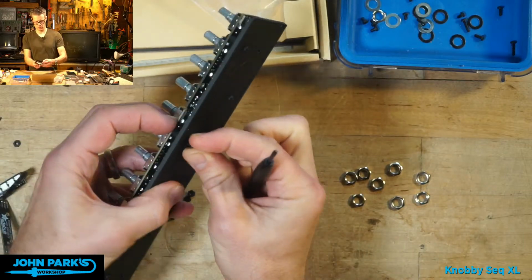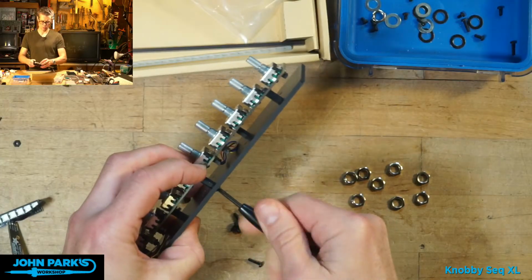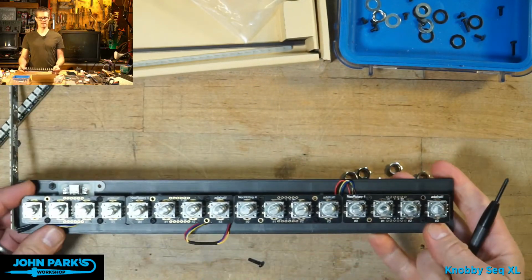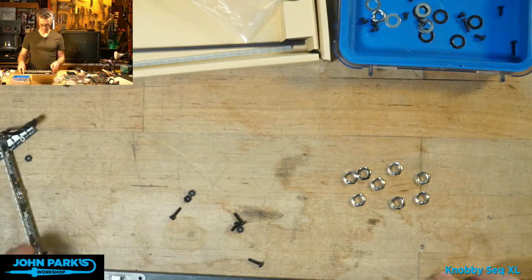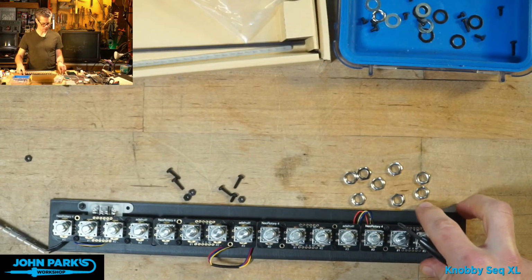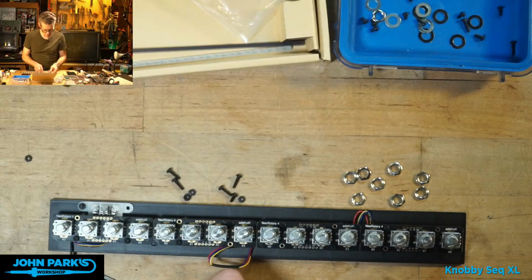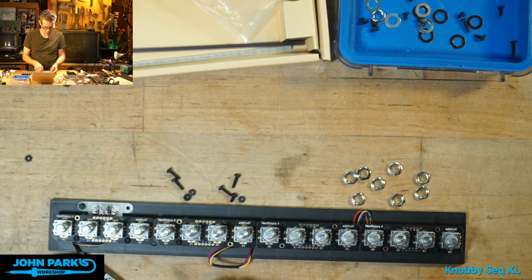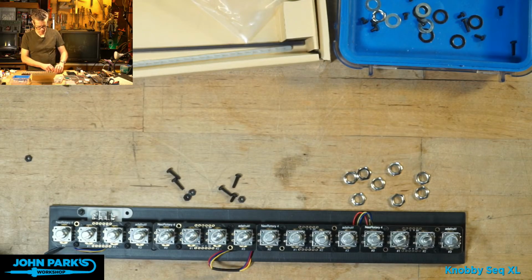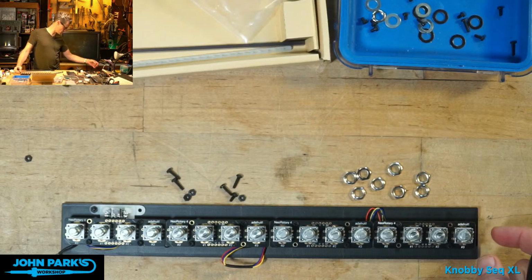Okay, one more and we're done screwing in encoder boards. There we are. This would be a good time to test this thing. I'm just going to give it power just to see if things are largely connected. Oh look, I just broke a connection to the NeoPixels by manhandling it, so those won't light up, but we should still be able to just give this some power